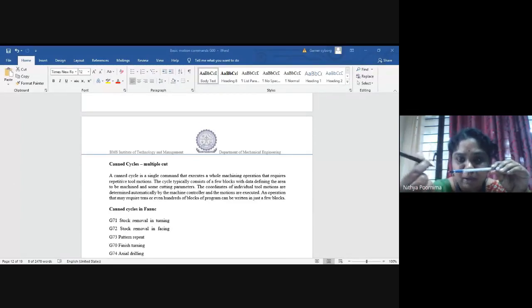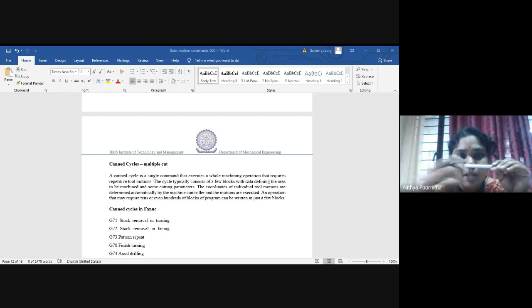Again it is going to do a rapid traverse, go to the home position. Again I'm going to call it here. Now I'm going to increase the feed rate in increments of 0.2. Next I'm going to give it as 0.4, right? So it will again do the turning operation. After doing the turning operation, again I have to move the tool away and ask it to go back to the home position. Again I'm going to give it in increments of 0.2. Again 0.4 plus 0.2 will be 0.6. Again 0.6, do the turning operation. Again retract the tool, again ask it to do the rapid traverse, ask the tool to go back to the home position.